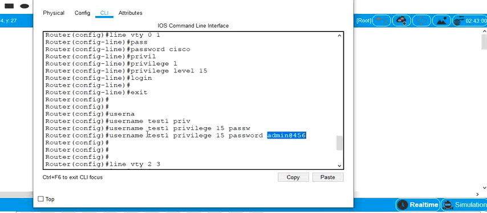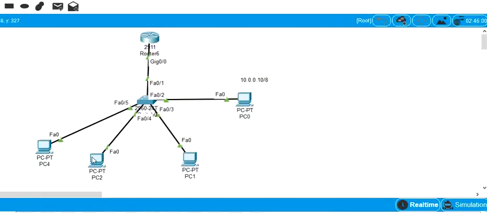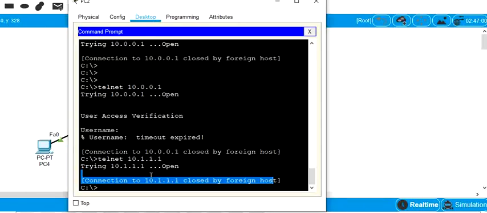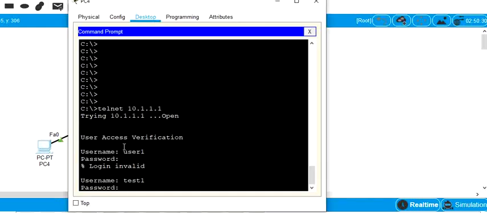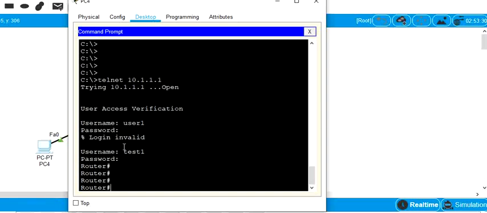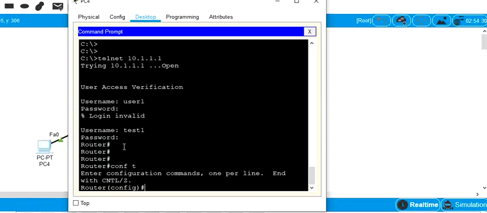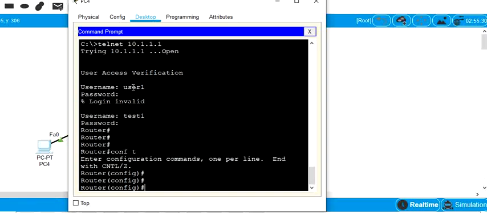Sorry, test1. Username is test1 and the password is admin@456. So we entered into the router successfully by using the username and password also.